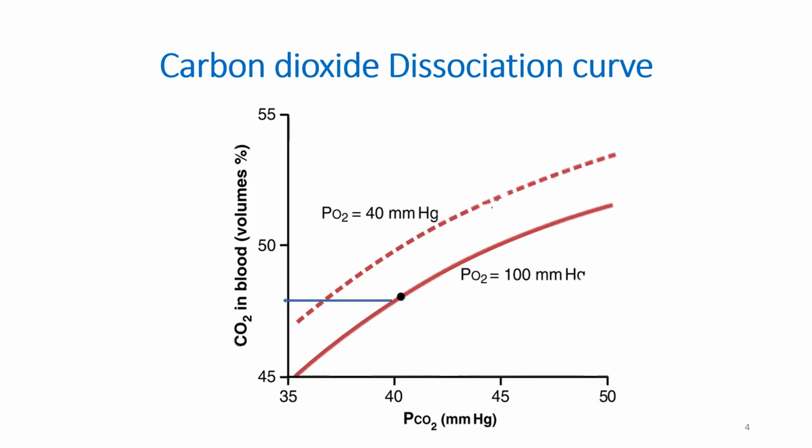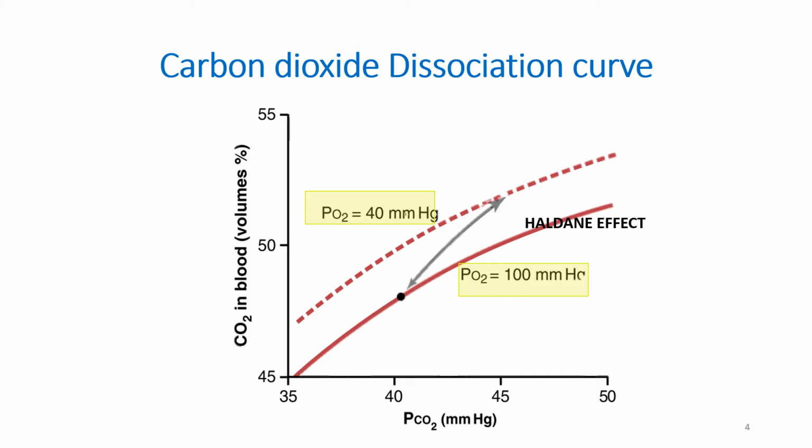Now why is this so? Here we can see that the difference lies in the partial pressure of oxygen. In the first graph, the partial pressure of oxygen was 40 millimeters of mercury. In the second graph, which demonstrates the effect at the lung level, the partial pressure of oxygen is 100. So it was because of this difference that the dissociation curve shifted. This shift in the carbon dioxide dissociation curve is due to the Haldane effect. So this diagram beautifully demonstrates the Haldane effect.